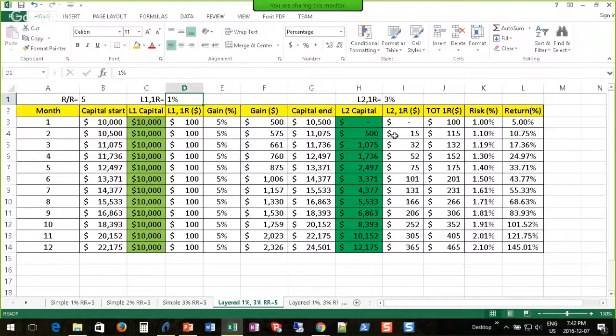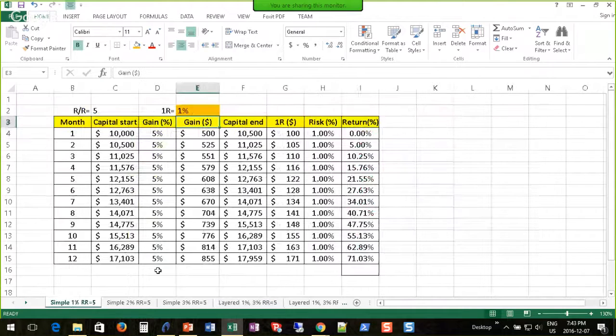1% of market money would be $5. In this case, 3% would be $15. And so we add the $100 that we risk on our own capital to the $15 that we risk on market money here. And as you can see, at the very beginning our risk increases to $115. In the previous example, we had